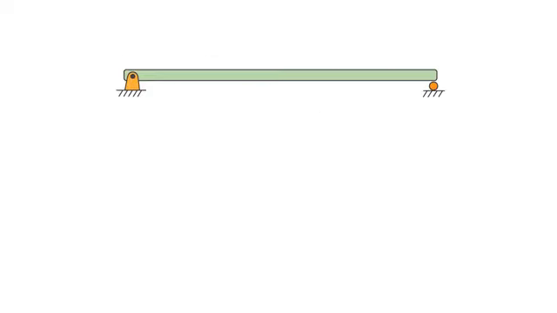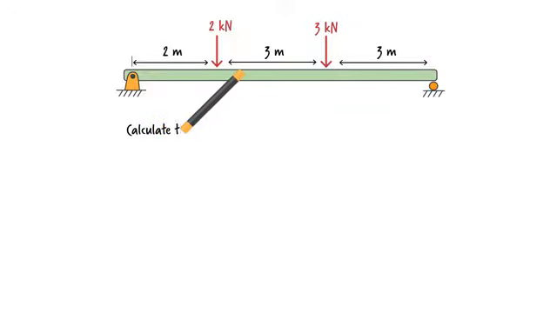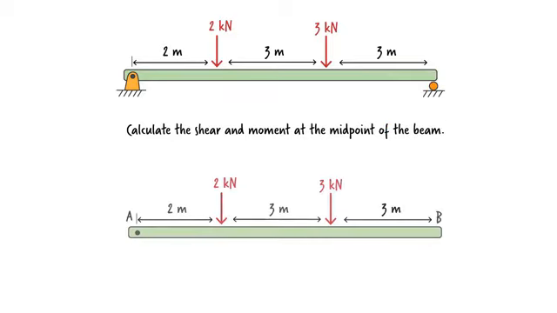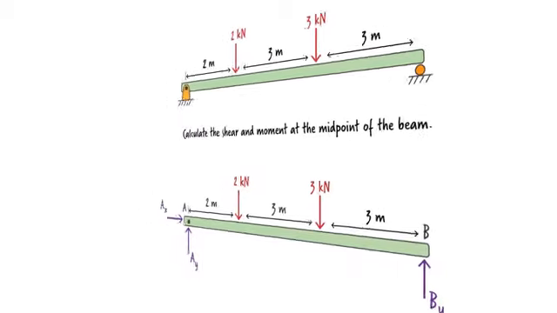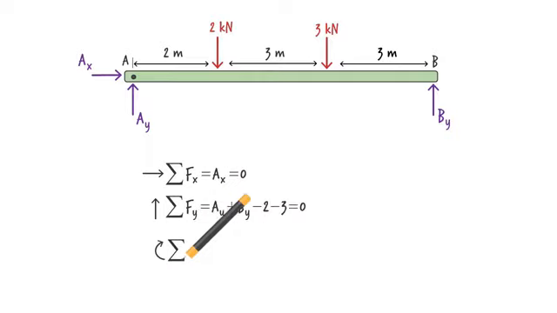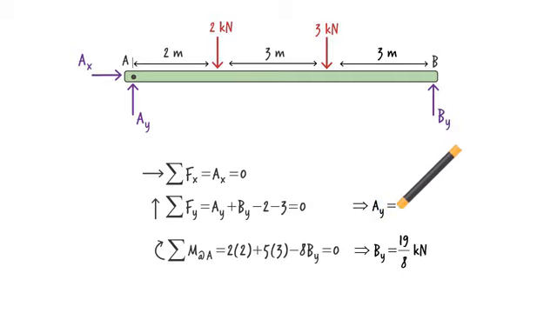Consider a statically determinate beam subjected to two concentrated loads, like this. Let's calculate the shear and moment forces at the midpoint of the beam. We always start by determining the beam's support reactions. Here is the free body diagram of the entire beam, and here are the three equilibrium equations. Solving them for the unknown reactions, we get